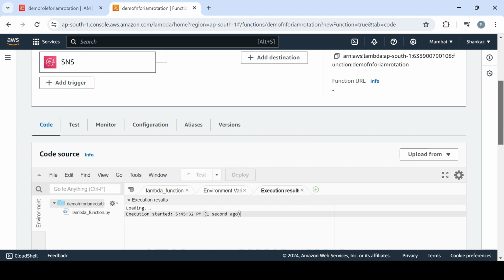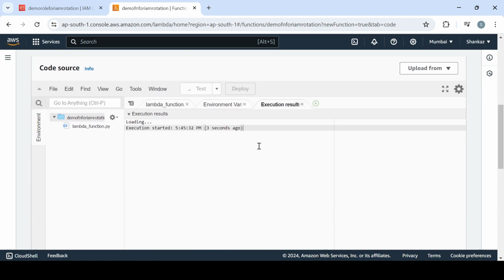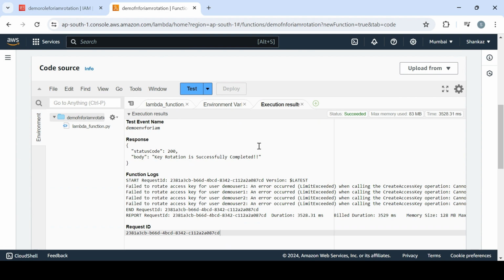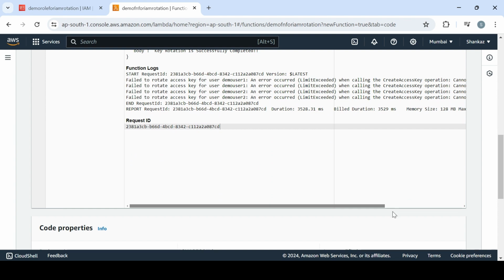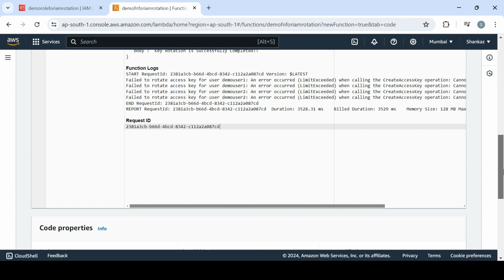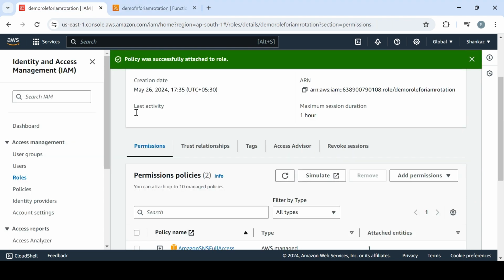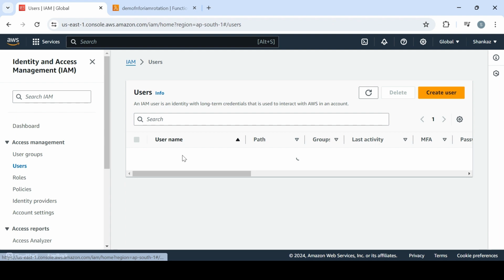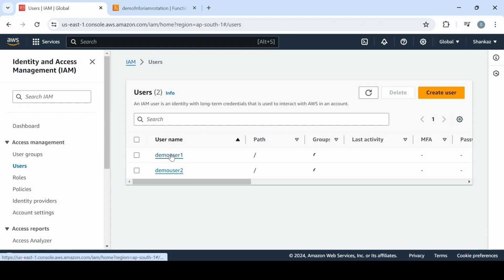Test. It again starts executing the job. Now it failed. The reason being because it has exceeded the quota access keys per user. So let's go ahead and do another thing. Go to user,